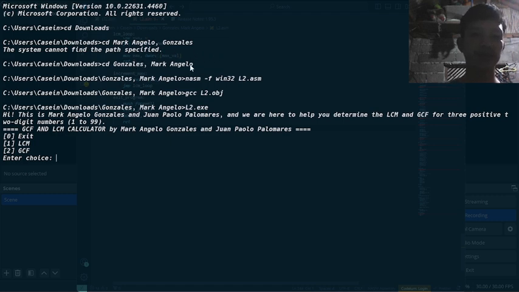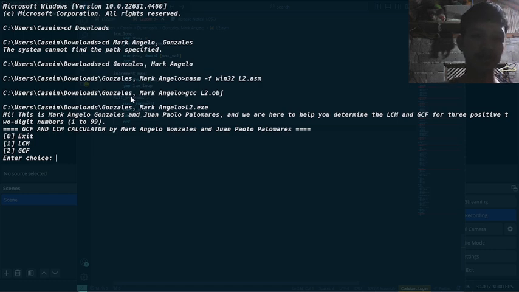After we locate the ASM file, just type nasm -f win32 and the file name. This function assembles the code.